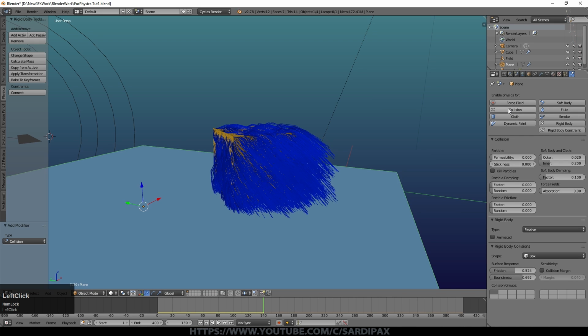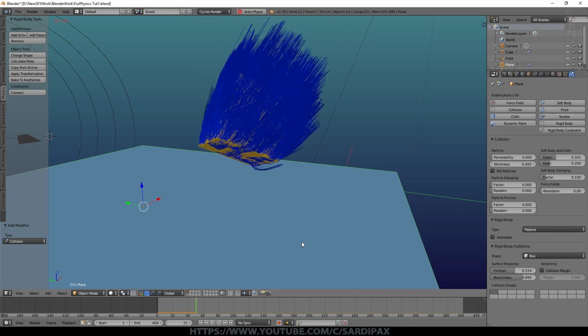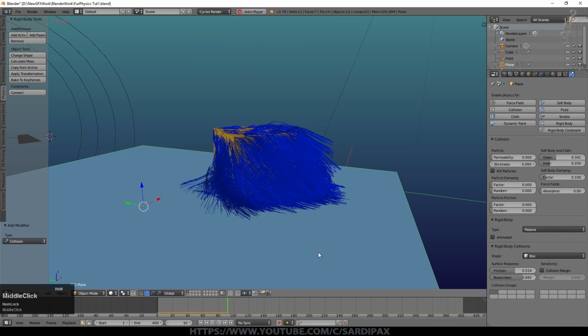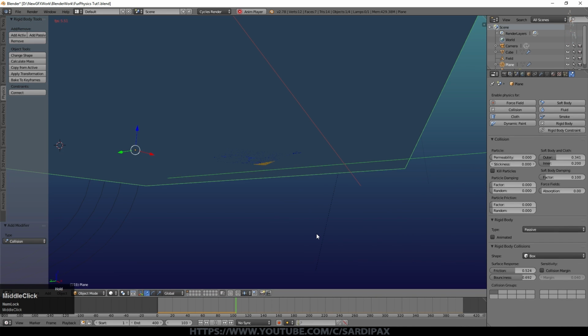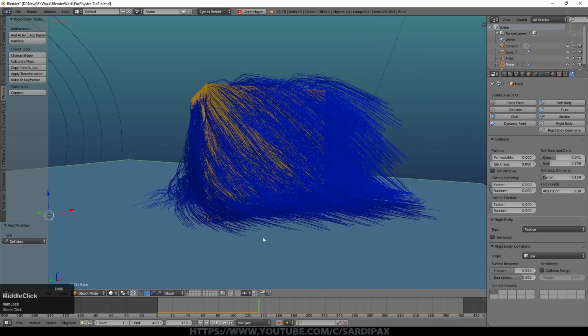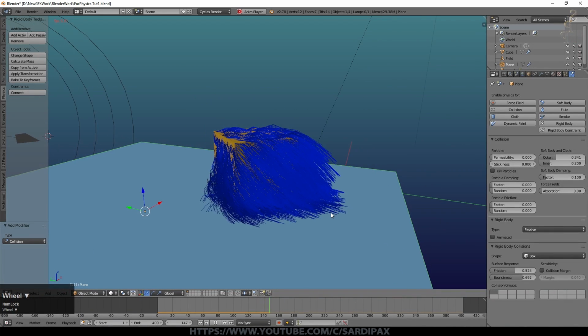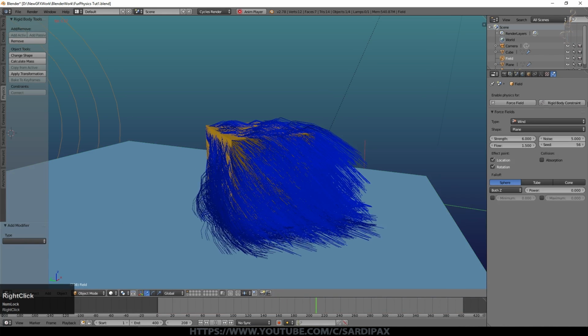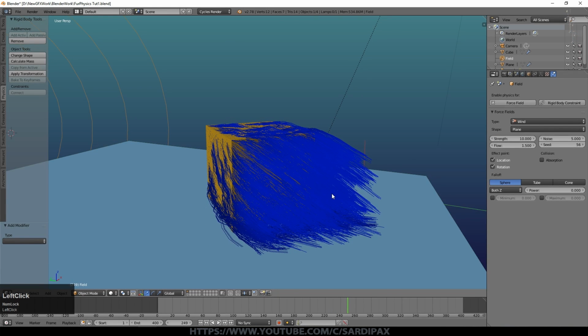So collision, it's a particle collision, increase the soft body and cloth, and then let's see what that looks like. And we can see how much hair is going through by looking underneath. And it's not too bad actually. So your results may vary, but that's essentially trying to keep the hair on the surface of this plane rather than it going through the surface. And I think perhaps we need to turn that wind force up again. Let's go for 10.